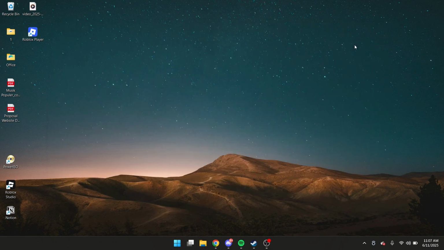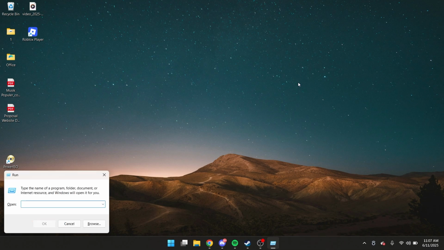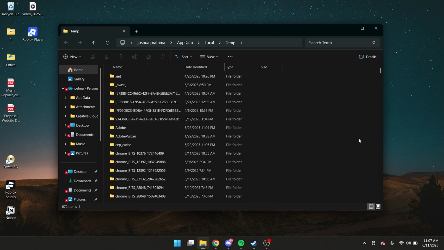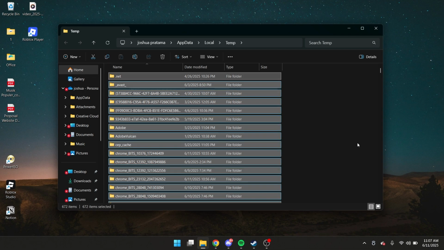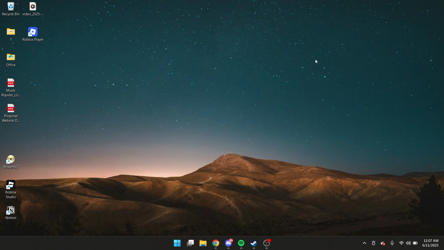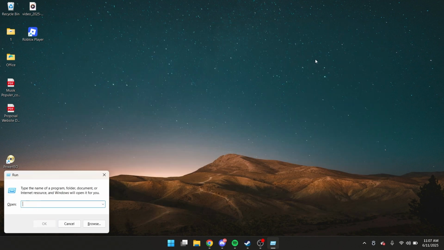You close this, hit Windows R again, and this time you type in %temp%. Hit OK, and then you can just hit Ctrl A again and delete. Alright, so I've deleted it, and now you can just hit Windows R again, and this time you type in